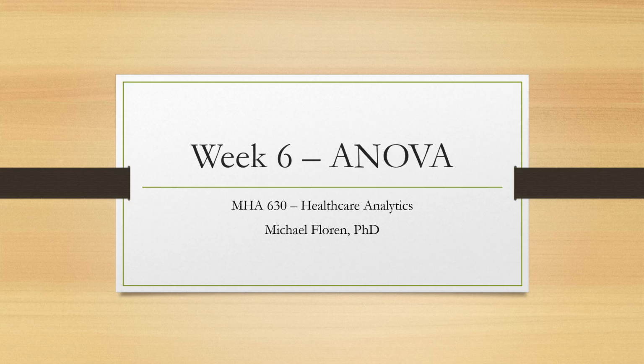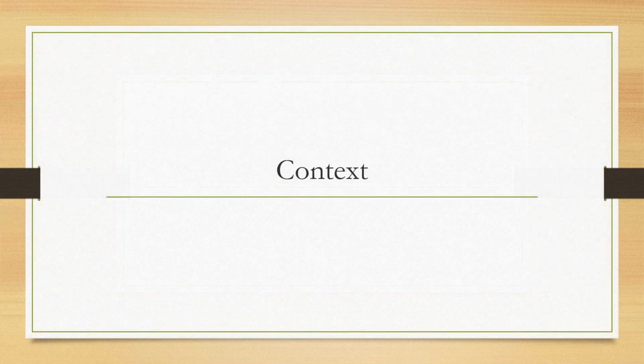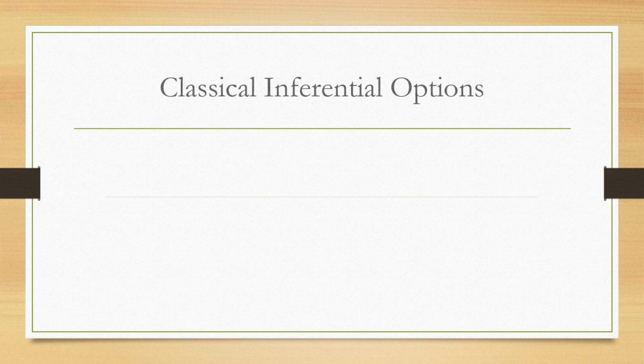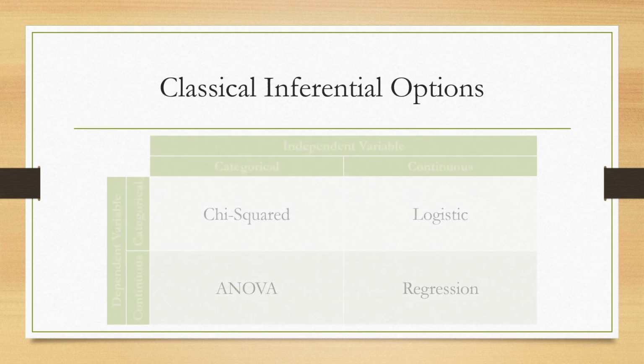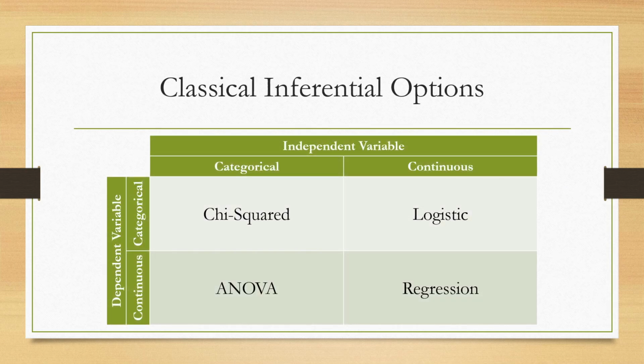In this lecture set, we'll be discussing the ANOVA analytical approach. For some context about where this approach fits in relationship to the other approaches we've discussed in class, recall this table. In the ANOVA analytical approach, we're going to be looking at categorical independent variables that align with dependent continuous variables. And when we analyze one of these situations, the analytical approach that we'll use for our inferential statistics is called